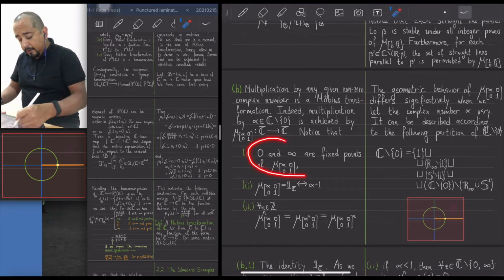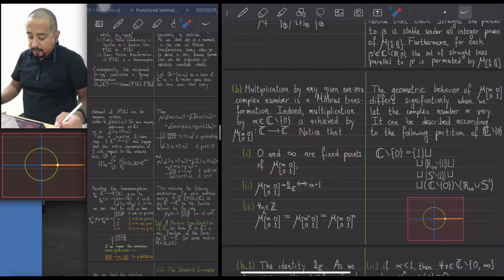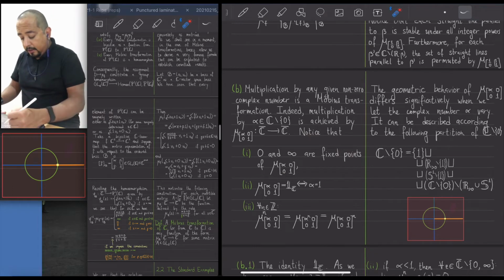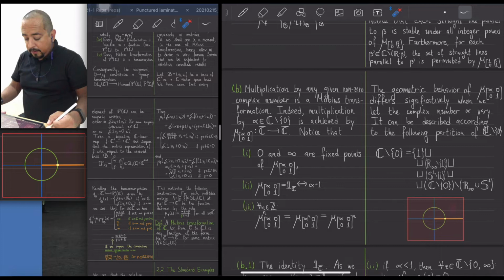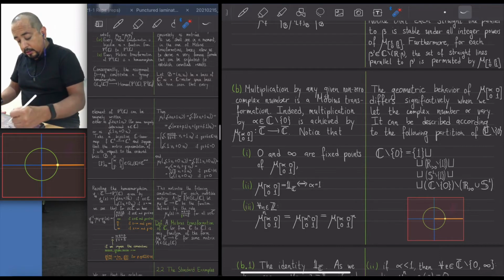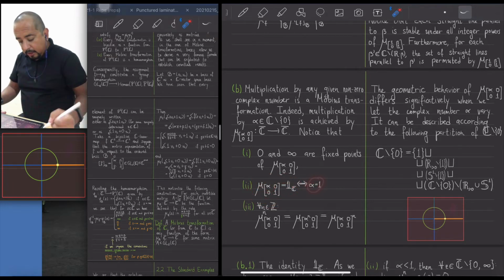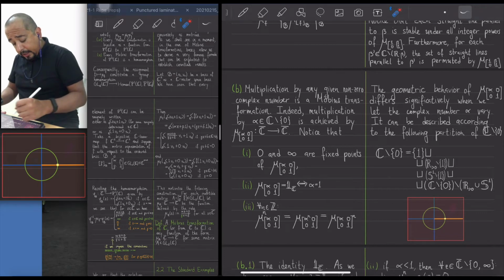We notice this Möbius transformation has two fixed points, namely 0 and infinity. Also, you can obtain the identity this way when alpha is equal to 1, right? And also, we notice that this identity,